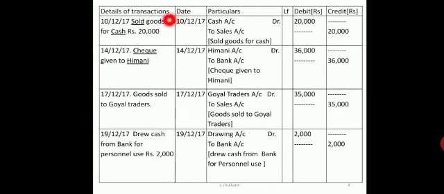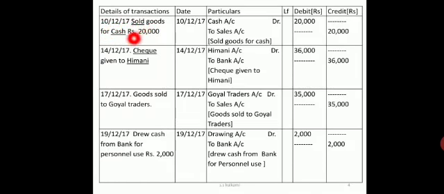Yes, now the next transaction you are having again on 10/12/2007. Yes, this is just giving the details of transaction. This column is not essential. Your journal will start from date, particulars, ledgers, debit and credit. Now on